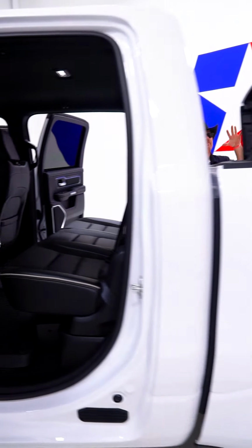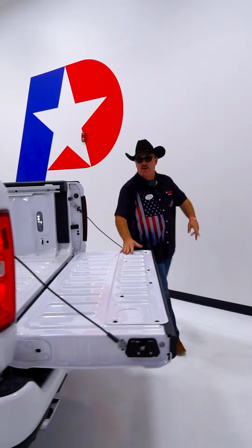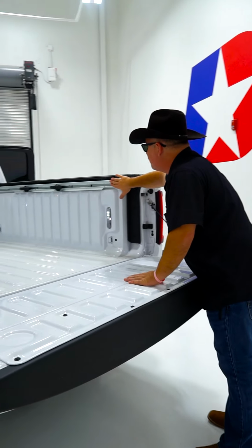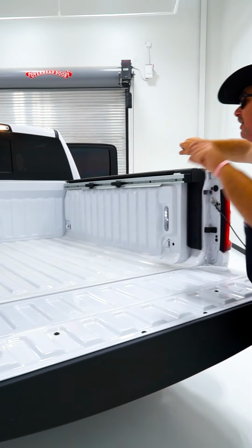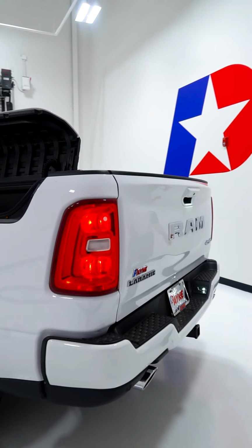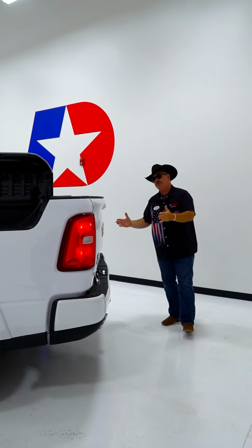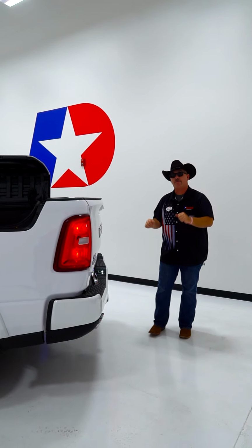Now for the back, we have the Ram boxes are back, baby. Oh yeah. Now we have our tailgate down, it's lit, and we have these accessory rails with our tie-down cleats. We can adjust those for all of our cargo needs, and of course we have a hitch. We're ready for a trailer and dual exhaust. Let that Hurricane breathe at 24 miles per gallon highway on the new 2025 Ram 1500 Laramie 4x4 from Ed